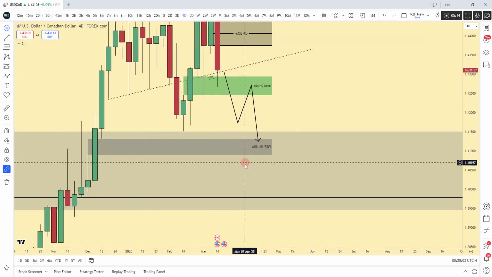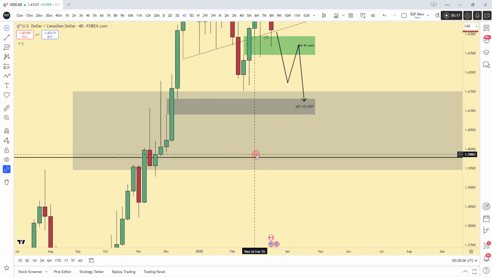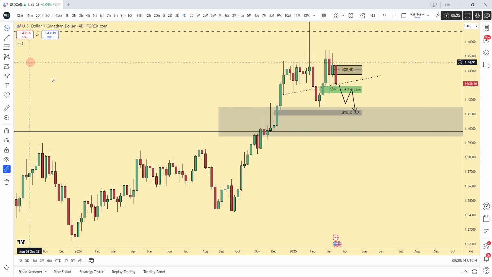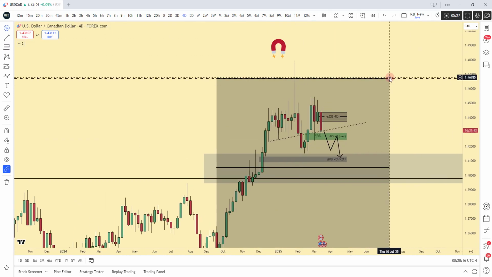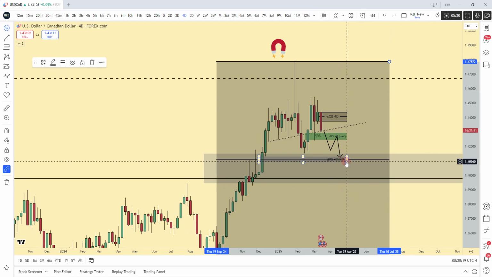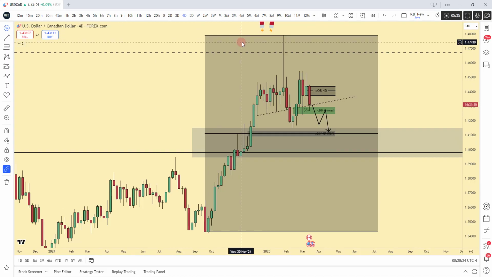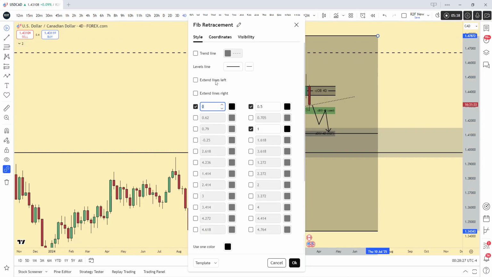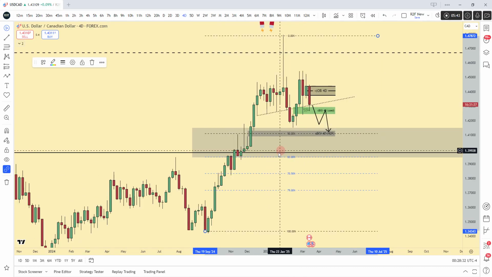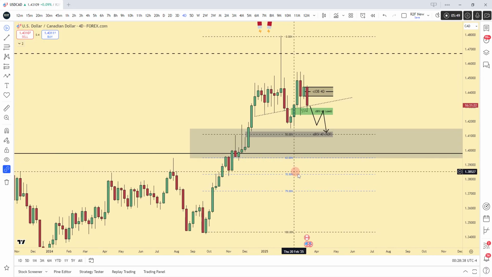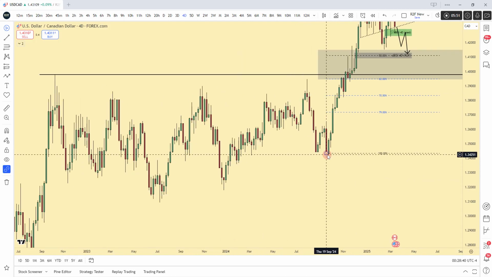I'd be targeting around here and maybe some partials, and most of my partials taken probably just below this low, somewhere around here, and maybe a runner just to see if we come back to discount of this entire range. Where would discount be? Equilibrium's right here, pinpoint of that, smack dab in the middle of the range. But I would possibly leave a little bit just as a runner coming down here. I might just take all. I'll probably just leave 10% just to see if we come down into here and possibly these equal lows here,